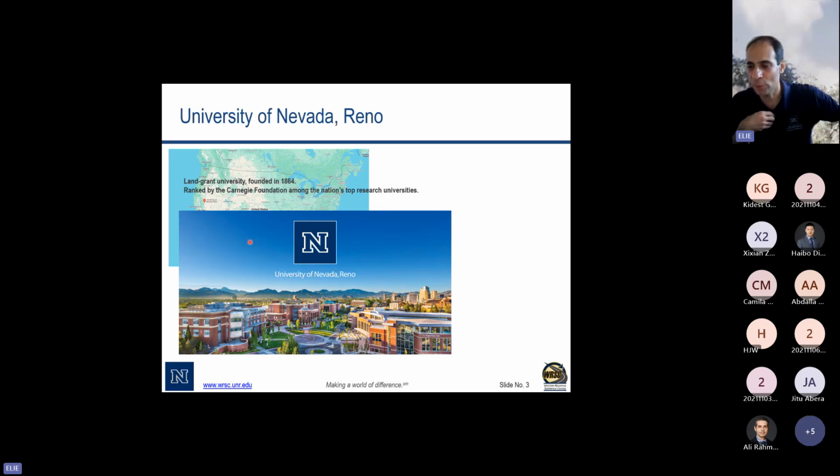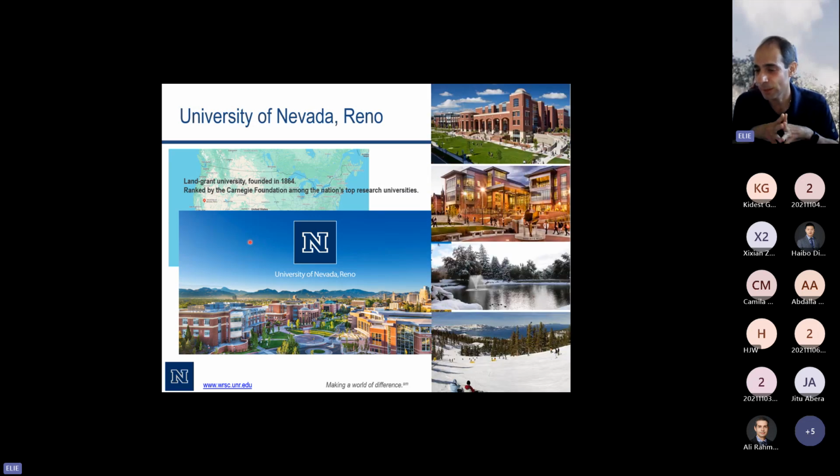The border, and I mean here more closer to California. It's a higher elevation. It's a beautiful campus. This is a picture of our campus, and we do actually have four seasons in Reno, including the spring, the summer, the winter, and the fall, and a beautiful winter where we get snow. And we are only about 40 minutes from Lake Tahoe, one of the cleanest lakes in the world, where you get to ski or snowboard while basically observing the beauty of nature and the lake.